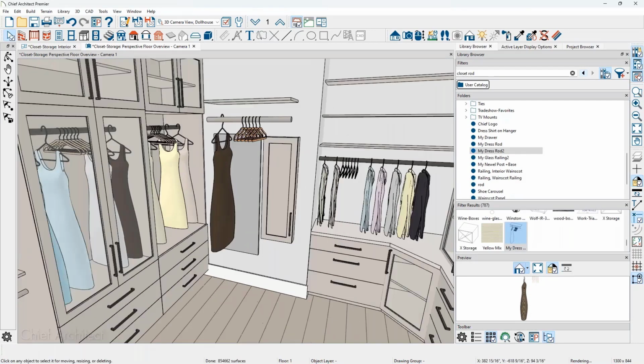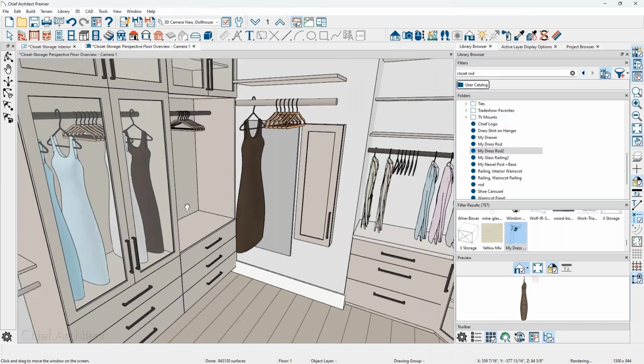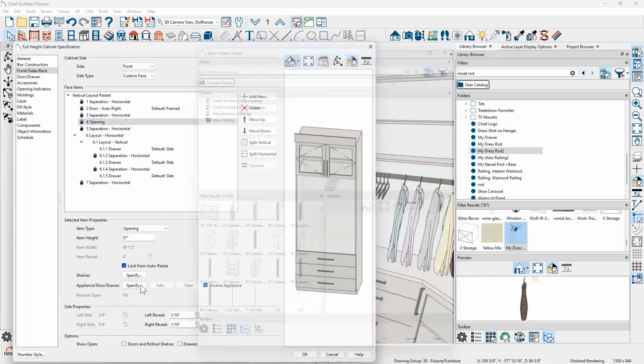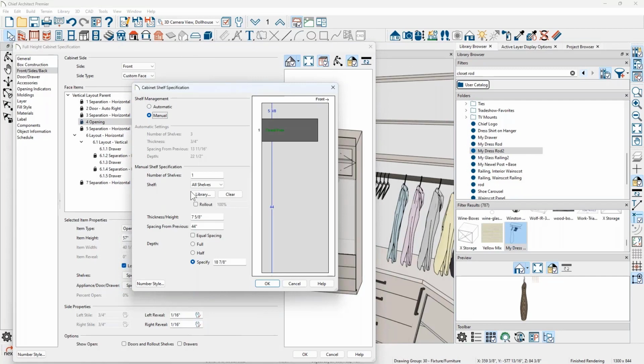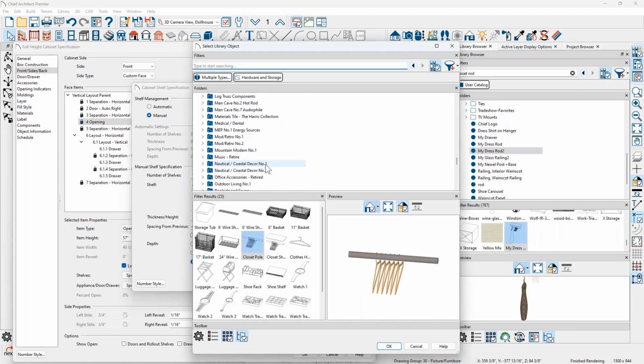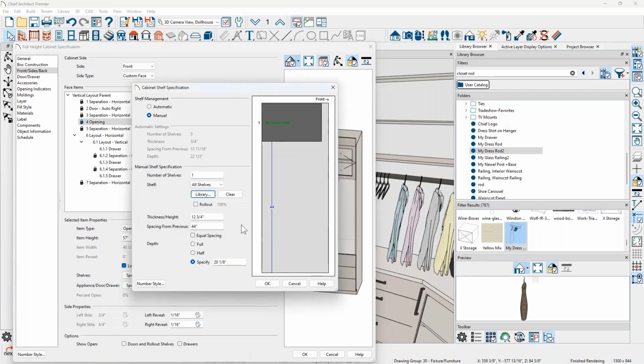And so if we go back in, let's delete these dresses. And we go back into this cabinet. Let's see if we can select the opening where the current shelf and rod is. Hit specify, sorry, for the shelves, specify. And then browse down into the library. That should be in my library, so it should be at the bottom. And there we go. Let's see if this works. Yeah, it's okay. And spacing from previous, let's make sure that